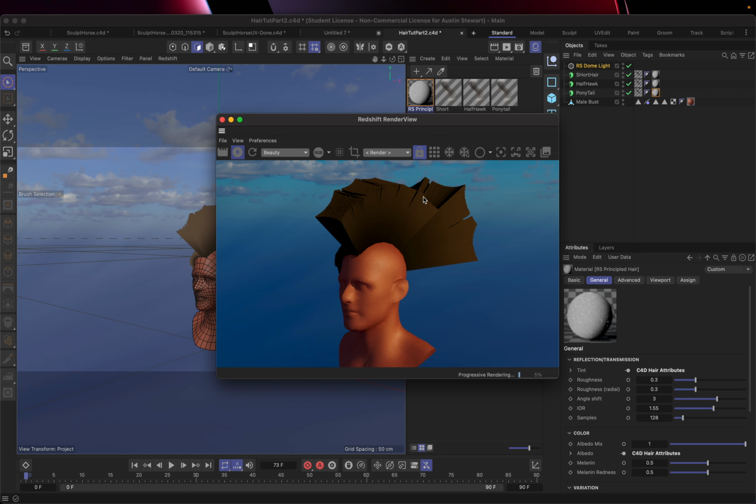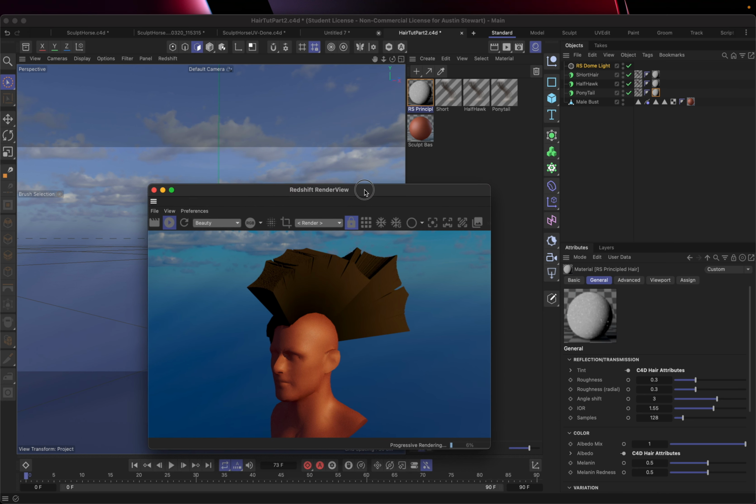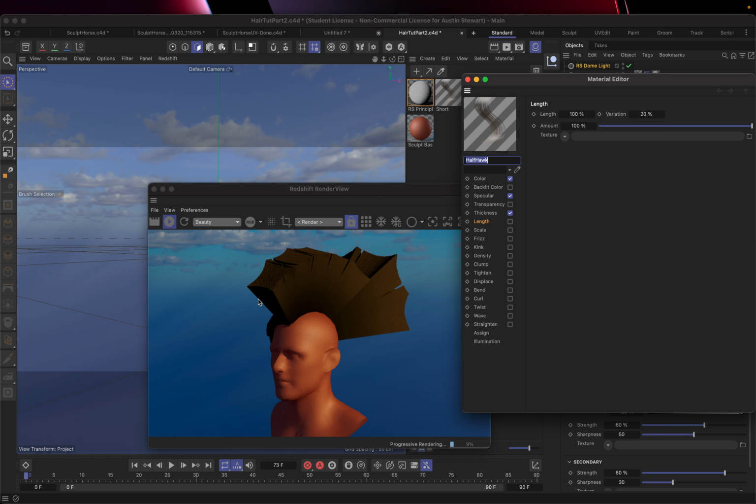So I want you to note, our hair looks pretty awful right now. This is where our hair material tags or hair materials come in. So I'm going to start with the half hawk. And one of the things that instantly makes this look better is, one, we need to adjust our thickness. So if I select the thickness here, right, this head is not that big, so 1 centimeter thick hair is pretty intense. Now, if you're doing something more in like a cartoon style or whatever, you might want thicker hair. But in our case, let's go ahead and set this to 0.01 at the base and 0.001